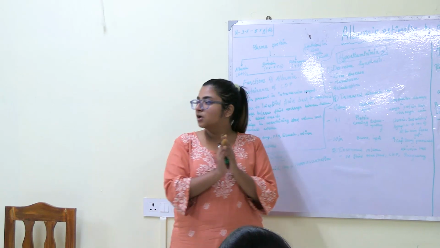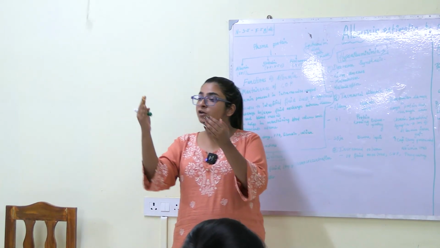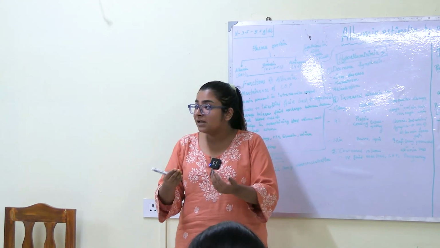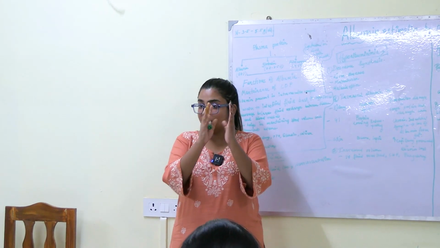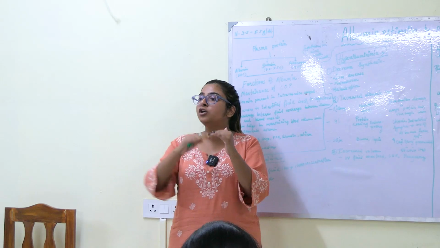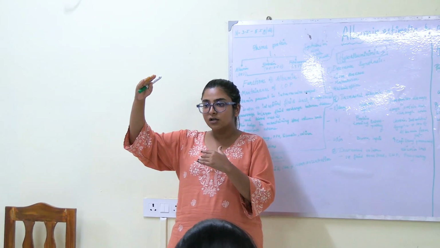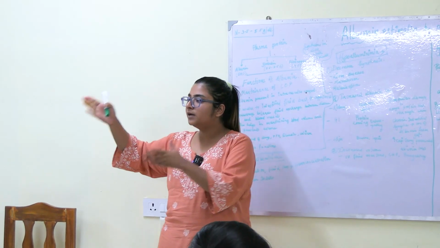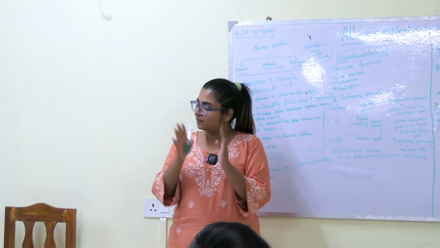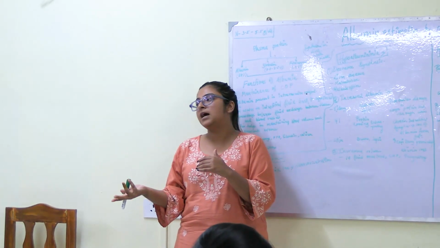Hemoconcentration, hemodilution happens. No, for hemoconcentration, hyperalbuminemia can happen because the volume is reduced. But if fluid volume is increased in our body, hemodilution will happen, because the albumin is static. The amount of albumin present in our body remains constant, but the amount of fluid is increased. So the ratio of the protein to the fluid is decreased, right? With respect to the fluid, there will be less albumin in our body. So it can manifest as hypoalbuminemia.